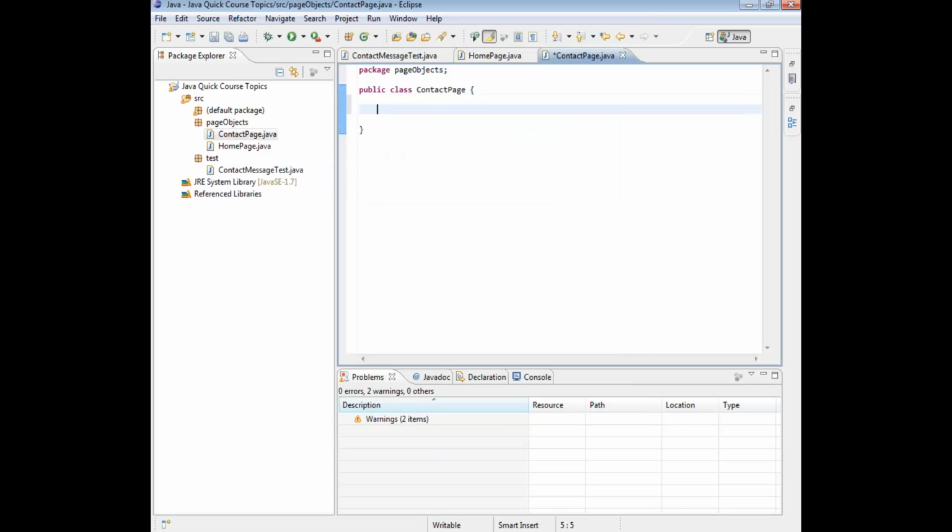So when we go to the contact page, what we want to do is again write a constructor for it. And on the contact page, we want to be able to fill in the form. So let's just say public contact page fill form with data,